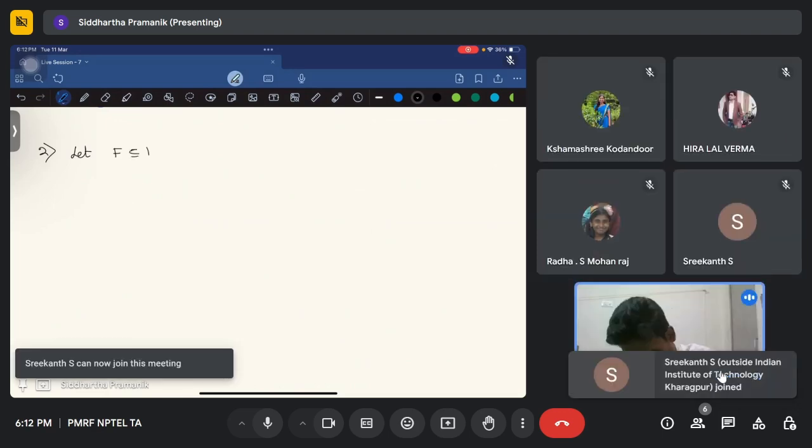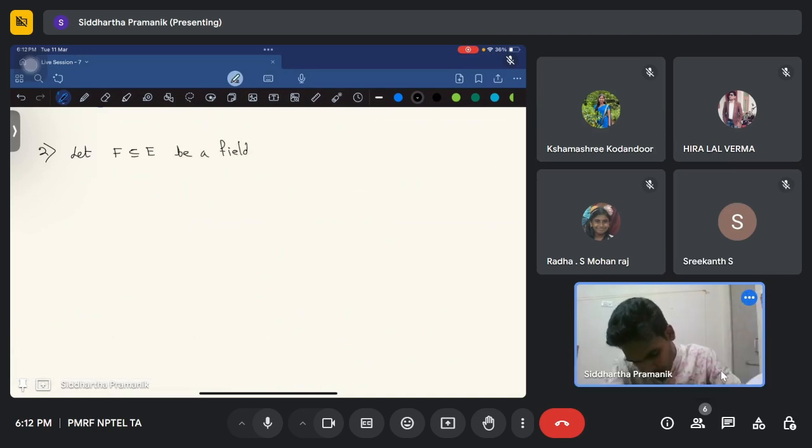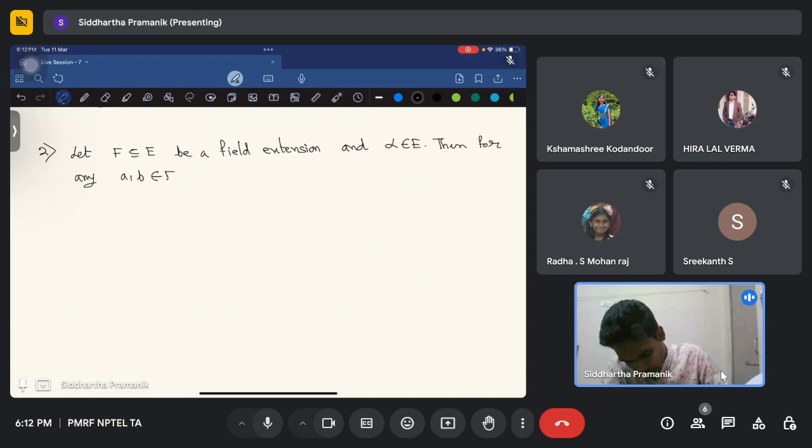Let F subset of E be a field extension, and alpha be an element of E. Then for any elements A and B in F with A not equal to 0,